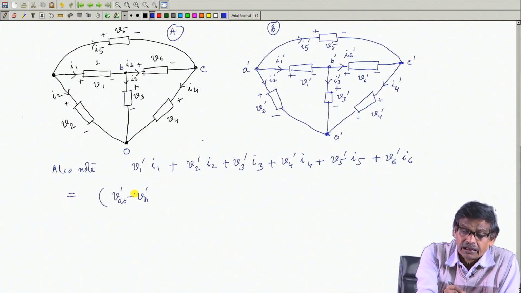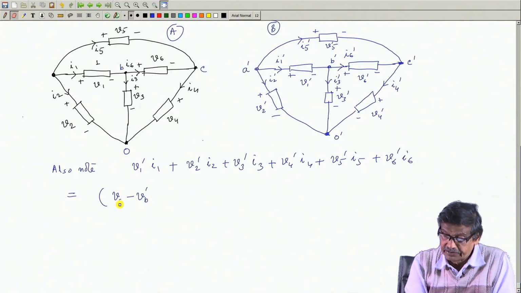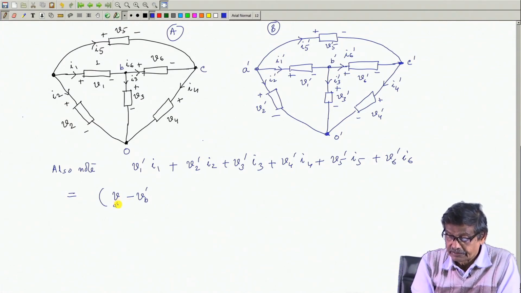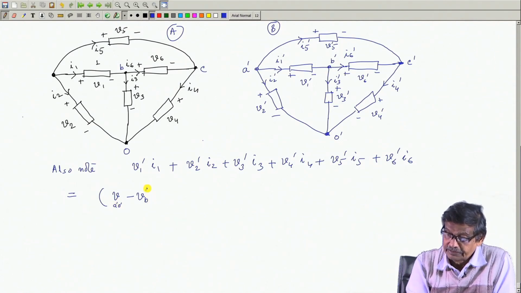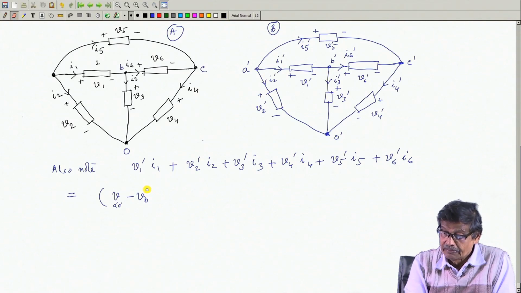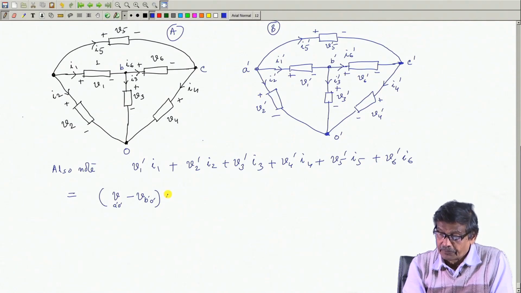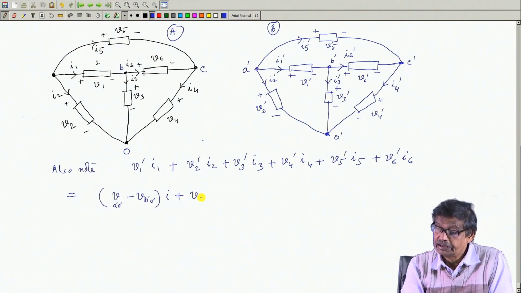I am sorry, I should write it much more correctly. B A dash 0 dash minus B A dash 0 dash B dash. Then B 2 dash is nothing but B A dash 0 dash into I 2. This is I 1 plus